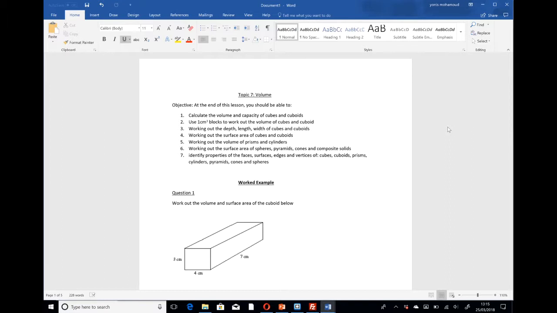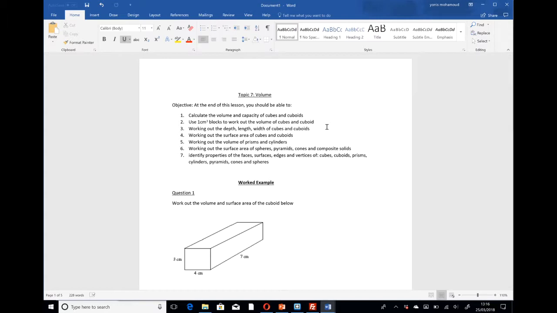So at the end of the lesson, you should be able to calculate the volume and capacity of cubes and cuboids. You should be able to use 1 centimeter cube blocks to work out the volume of cubes and cuboids, work out the depth, length, width of cubes and cuboids when the volume is given, and you should be able to work out the surface areas of cubes and cuboids, work out the volumes of prisms and cylinders,